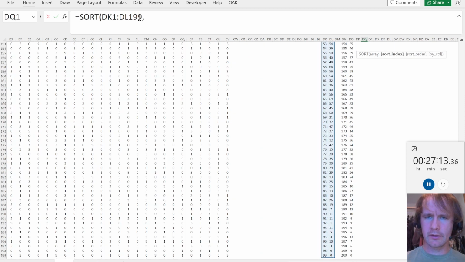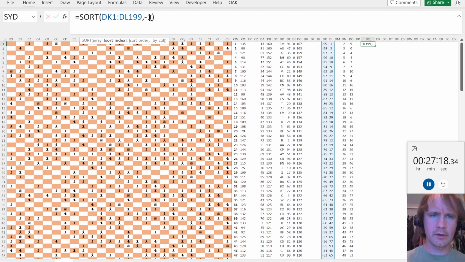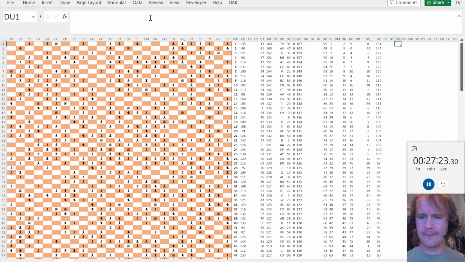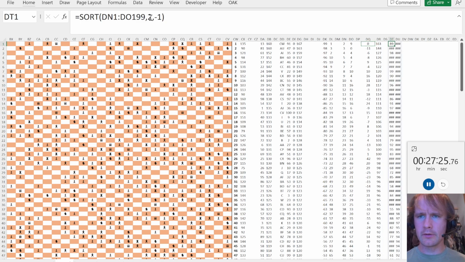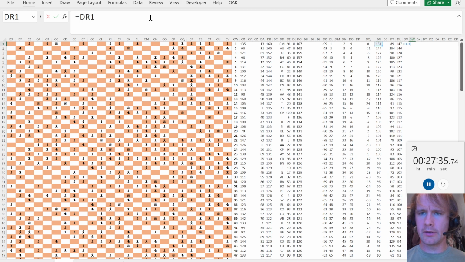So sort this, comma minus 1. Alright, no, comma, second column, then minus 1 descending. And then same thing here. So what does this even mean? So this is the row difference, this is the row and column difference, that's the sum. So that divided by 2 is going to give me 1, and then